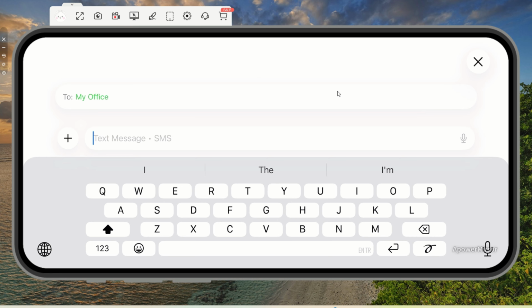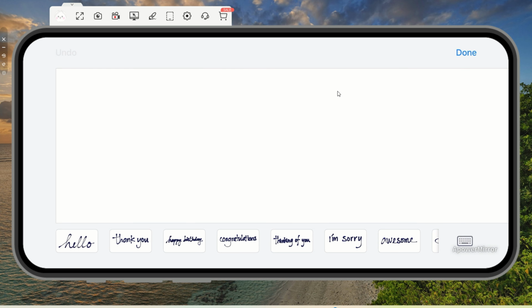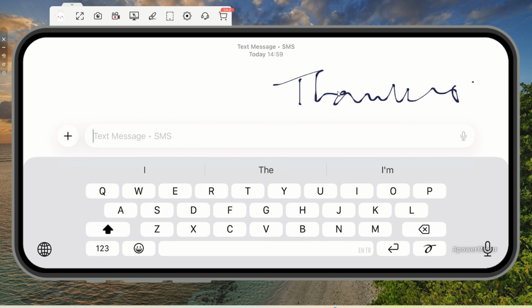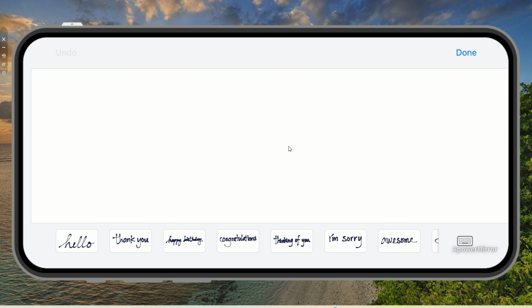At the bottom right corner next to the microphone, you will see the handwritten option. Here you can just simply write the messages and then send to anyone. So by using this trick, just changing the orientation of your iPhone, you can easily send the messages with your